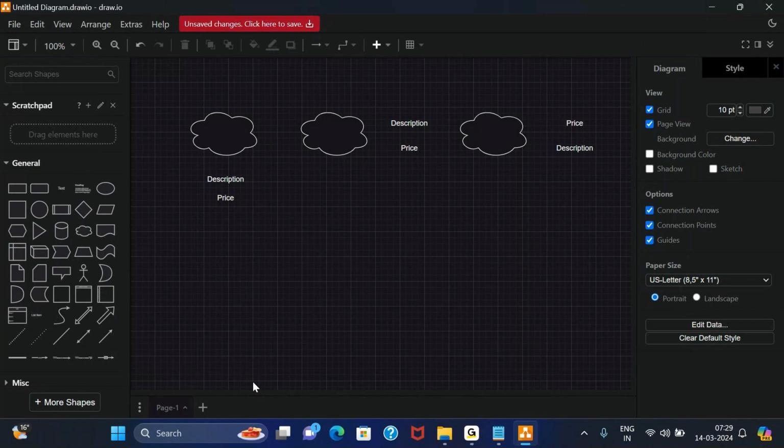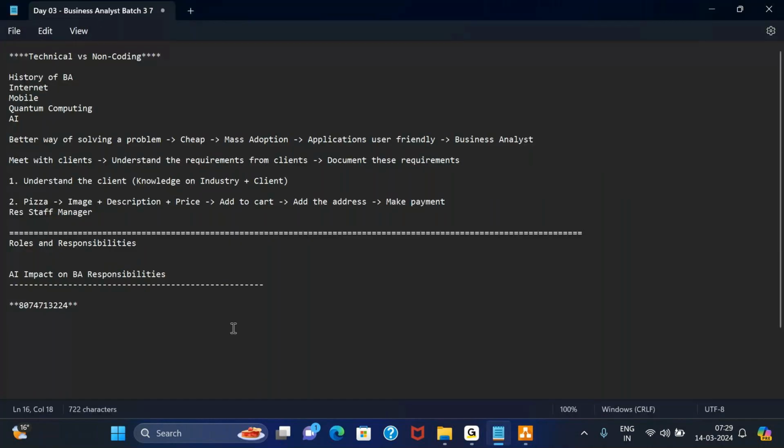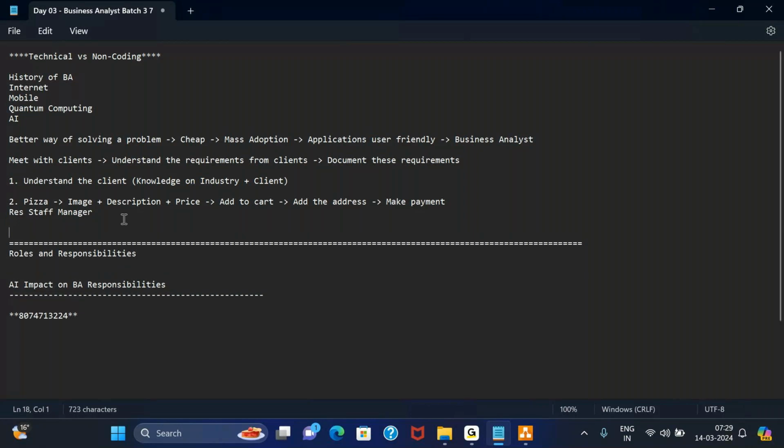Okay. So eventually, once we have multiple rounds of discussion, we get to a stage of detailed requirements. Okay. These detailed requirements are documented and reviewed. Okay.